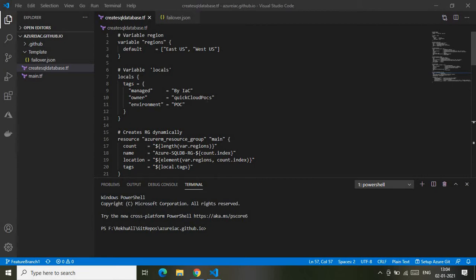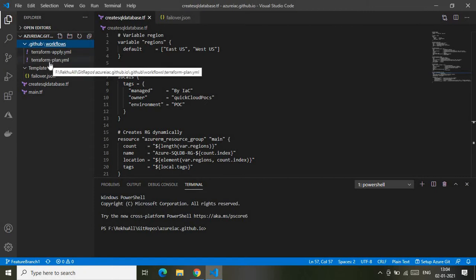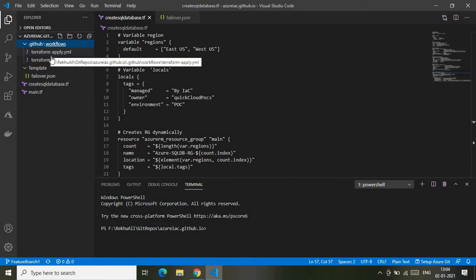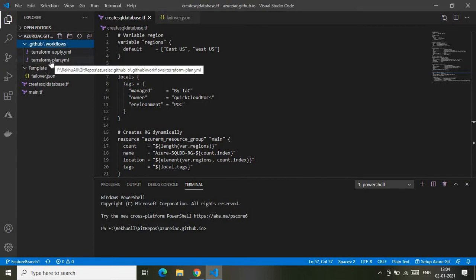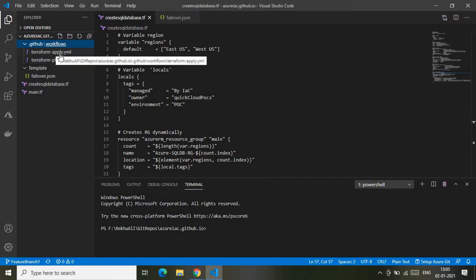This is my repo where I have all the required settings. This is my workflow settings. It contains Terraform apply and Terraform plan. The Terraform plan is pointing to the feature branch, and Terraform apply is pointing to the main branch. The feature branch is meant for creating a plan, which will help me identify if I have coded everything in the right way or not. The Terraform apply workflow is pointing to the main branch, through which I will be deploying the required configurations. So that's a basic brief about my workflow configurations.